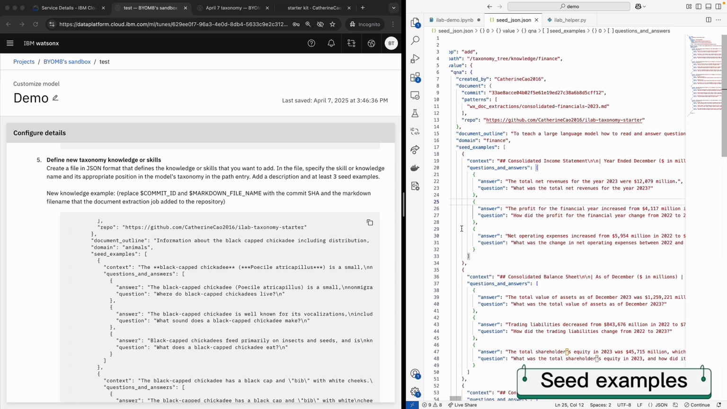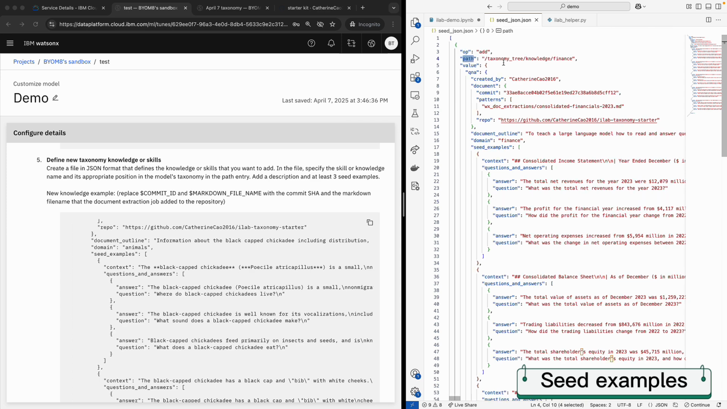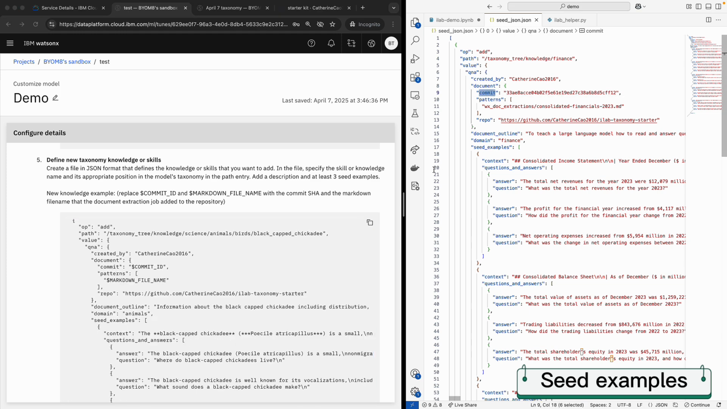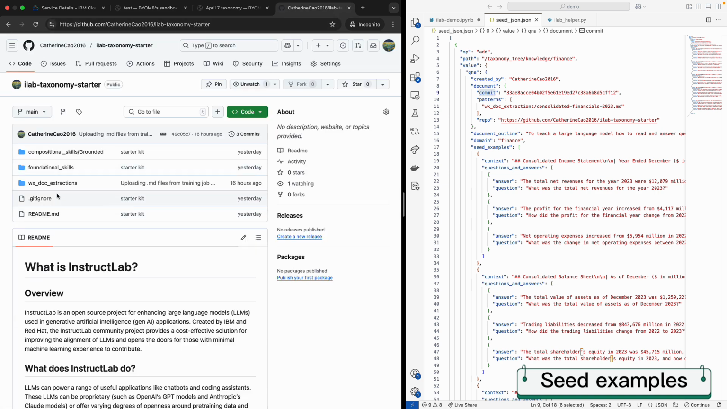And another important field you need to replace with your own value is the path in our taxonomy. We will put our examples in a new subcategory called finance inside the root directory of knowledge. Next, we need to replace the commit ID as it says here in the example. In order to find this commit ID, you need to go to your Git repository and locate the markdown file inside this